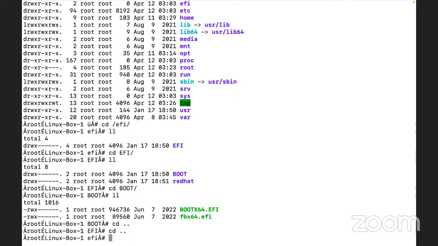Okay, one more thing, guys. We have a couple of options available here, such as how many kernels are there? How do we identify that?